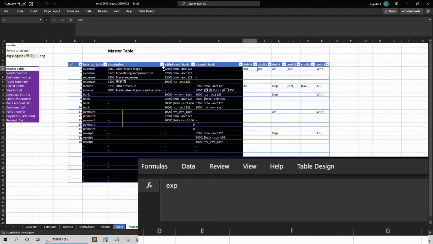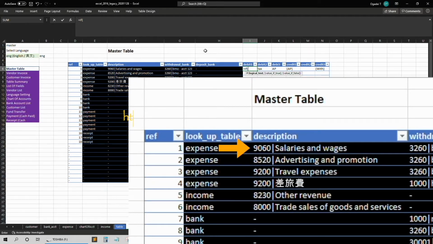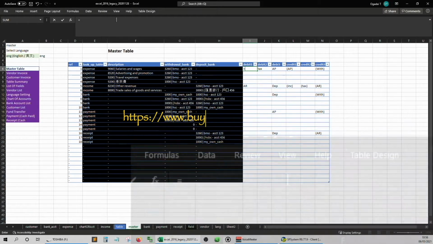Here you see me using the find formula to help extract the numbers on the left of the vertical bar. Usually the general ledger numbers are 4 digits, but since we want to automate this generation process regardless of number of digits, we'll just use the find method.